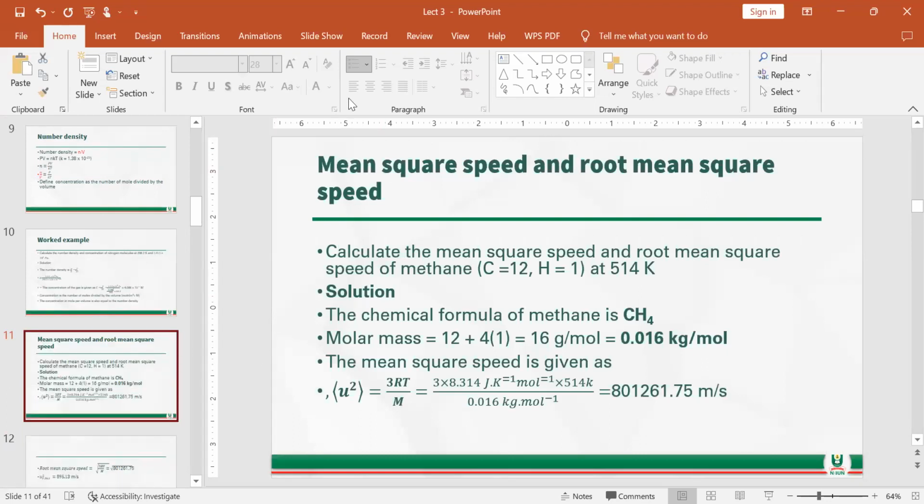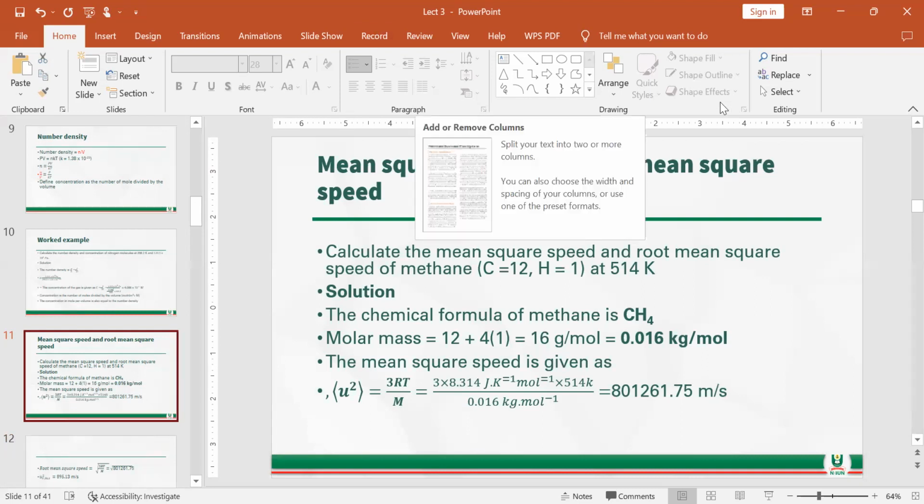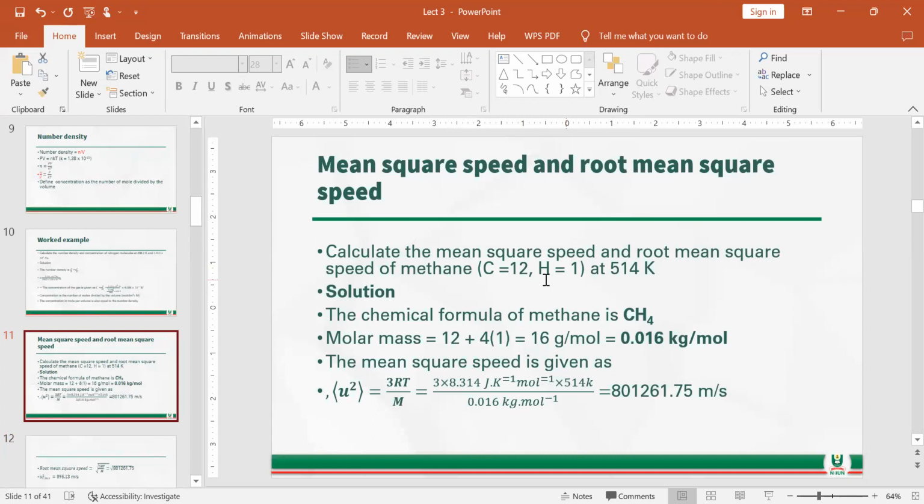So mean square speed and root mean square. What is mean square speed and root mean square? Calculate the mean square speed and root mean square speed of methane. So the formula for methane is what? CH4. The temperature is 514 Kelvin. So the molar mass of this compound, methane, CH4, is 12 plus 1 times 4, which is 16 grams per mole. When you are talking per mole, you divide it by 1,000 to get kilogram per mole. The mean square speed is equal to 3RT all over